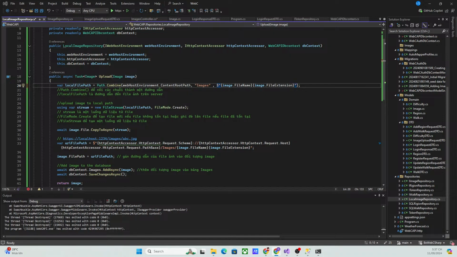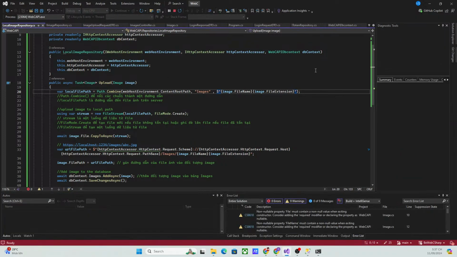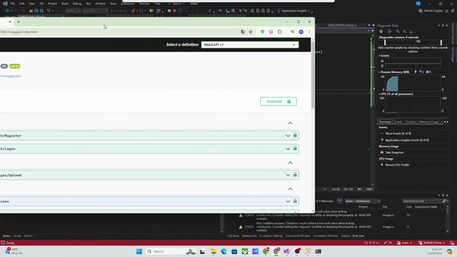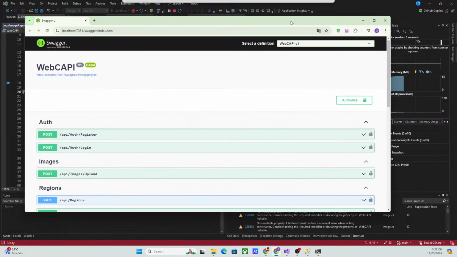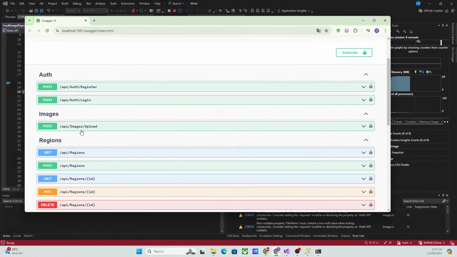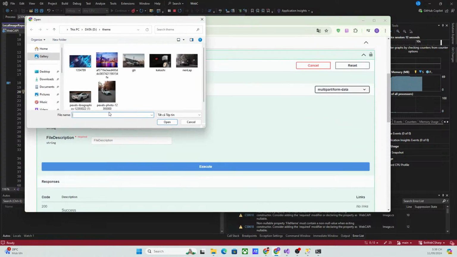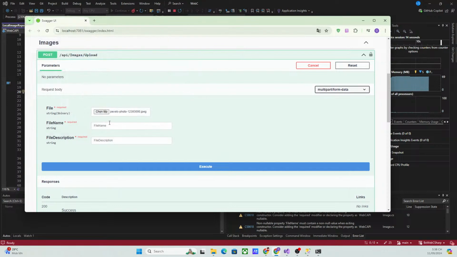So using that change, I will run the application again. So we will send the values again in the images endpoint. So I'll try it out, select the image, and then give a file name. So let's say this is ASP.NET cover image, and this is optional, so I'll send null at this time. So I click on execute,